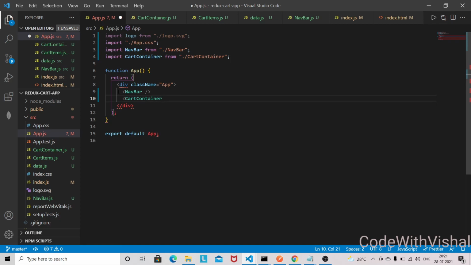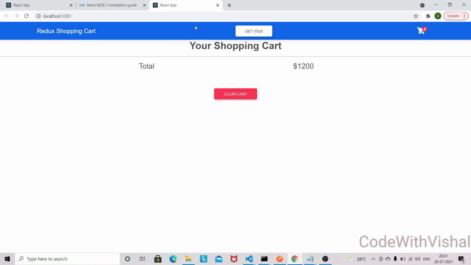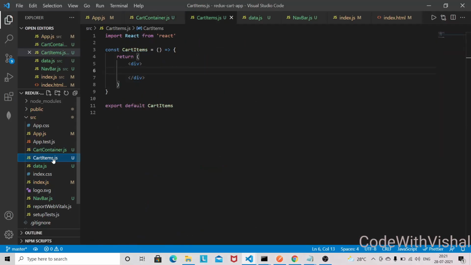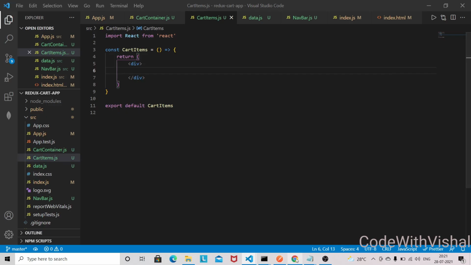VS Code automatically suggests this component, so I have just brought that one. And let's go into the browser to see whether we have any issue or not. So we don't have any issue, and we don't have any item to display because we haven't worked on this component, cart items.js. So we need to work on this component in order to display the items here.